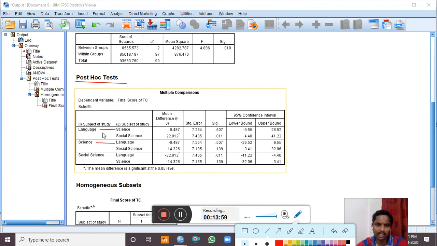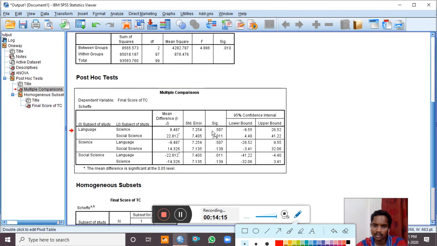Then language and social science, which is repeated here, language and social science. So you have to take only one. Among language and science, there is no significant difference. In language and social sciences, you can't see any significant difference, because it is more than 0.05.